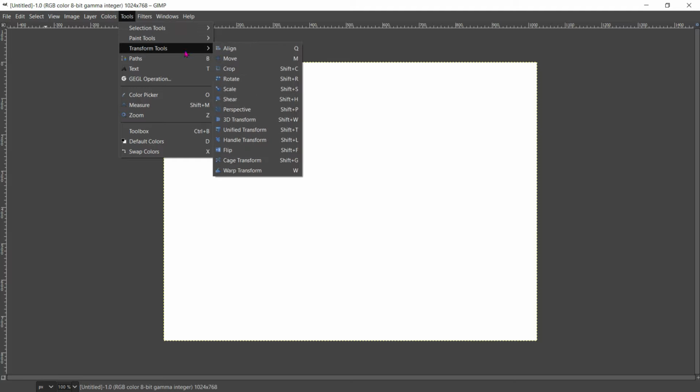And then we have transform tools. If we want to transform any object on the given image, we can align, we can move, crop, rotate, scale, shear, perspective, 3D transform, unified transform, handle transform, flip, cage transform and warp transform.